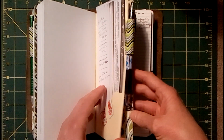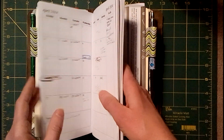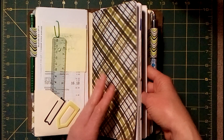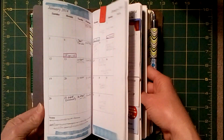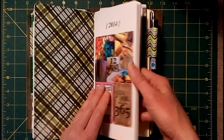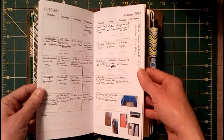So here's the other side of that pocket folder, and in between the two sides of the pocket folder I have two monthly inserts. I've got my monthly diary where I keep track for each month. I can write down events, birthdays, just things like that, not very detailed. And then this is my 1252 365 Facebook group insert, and this is where I keep track of my